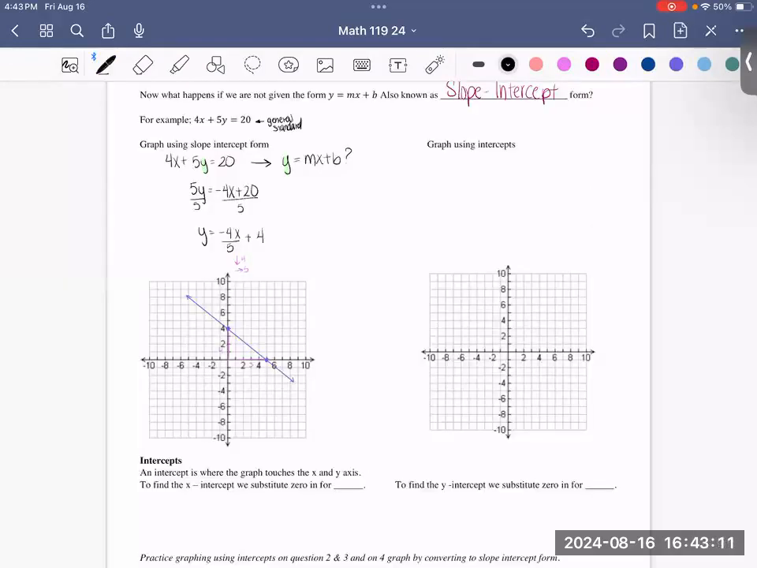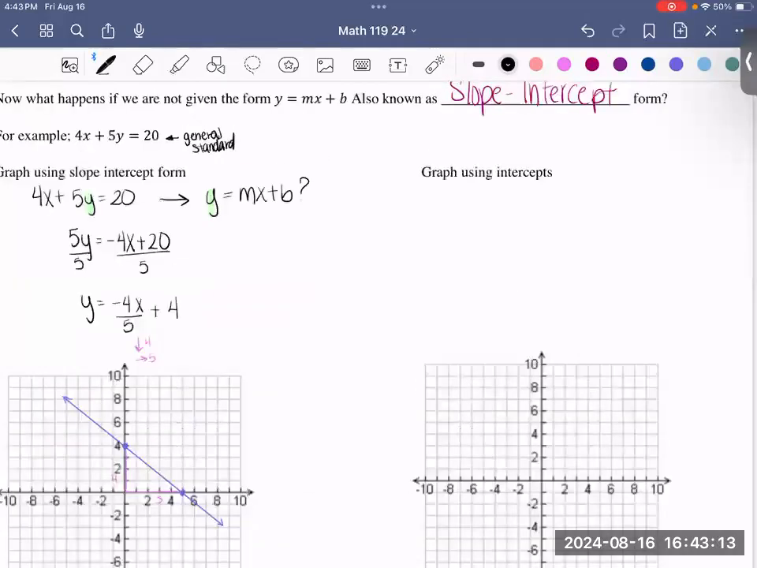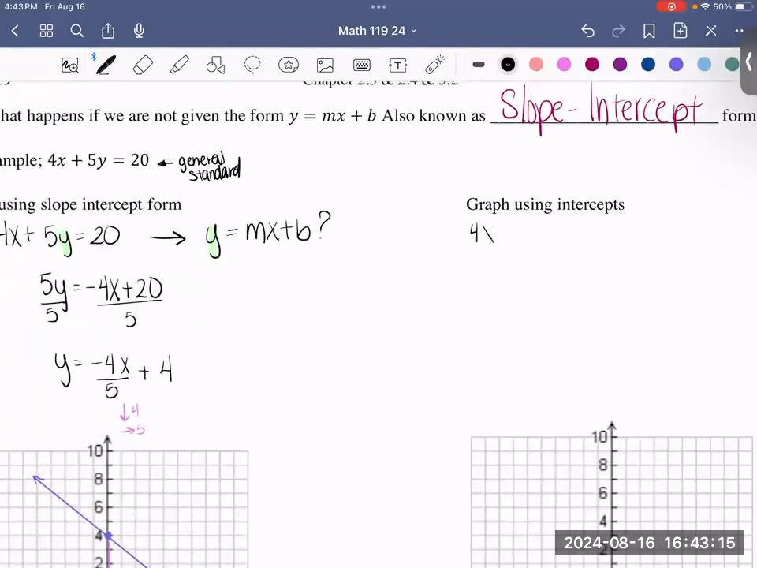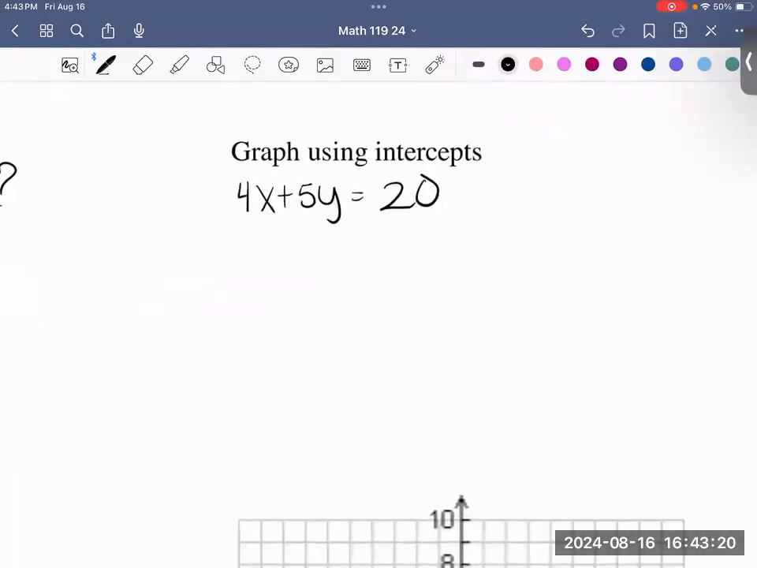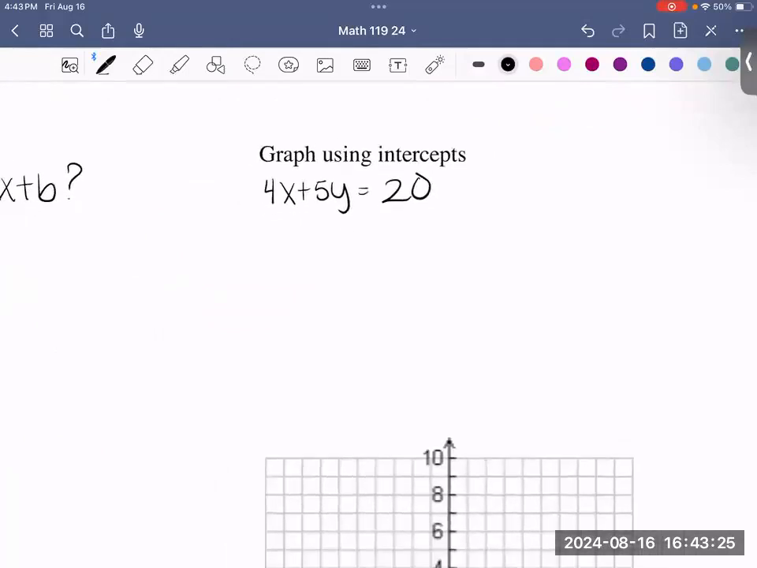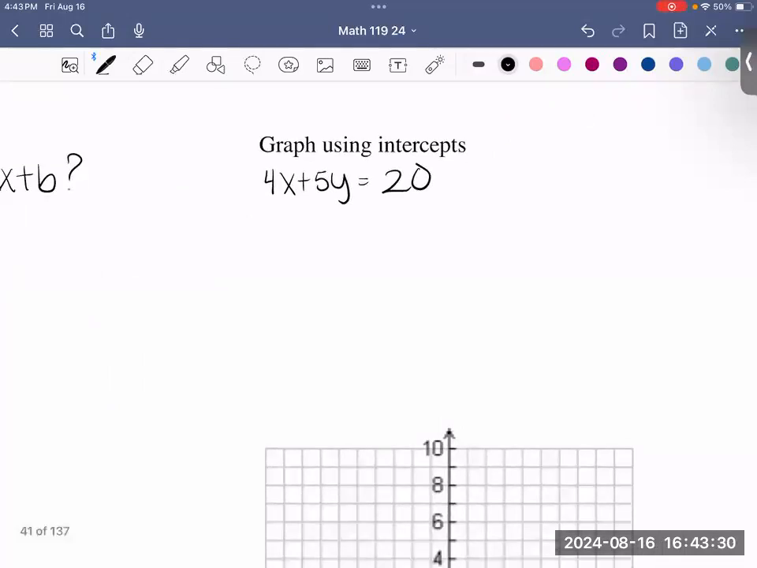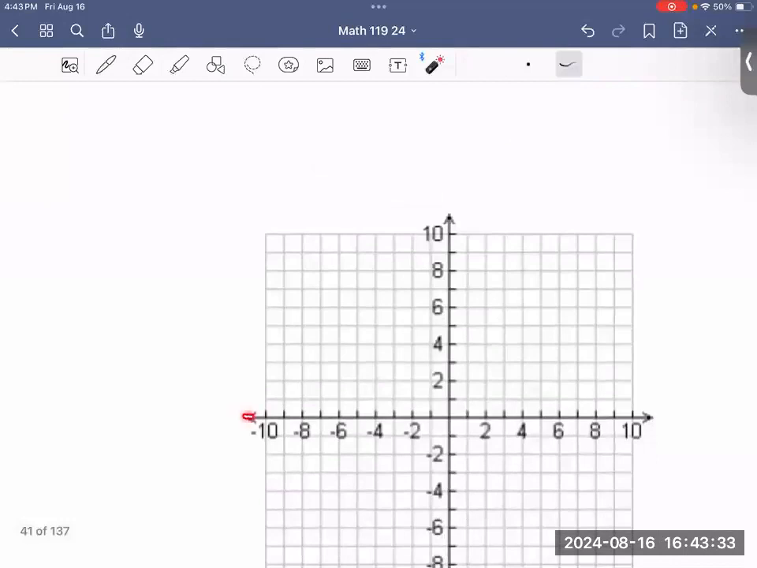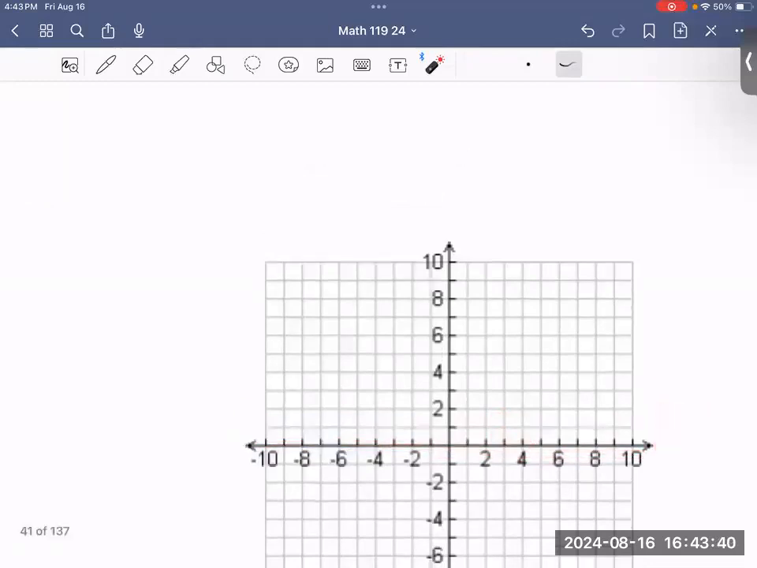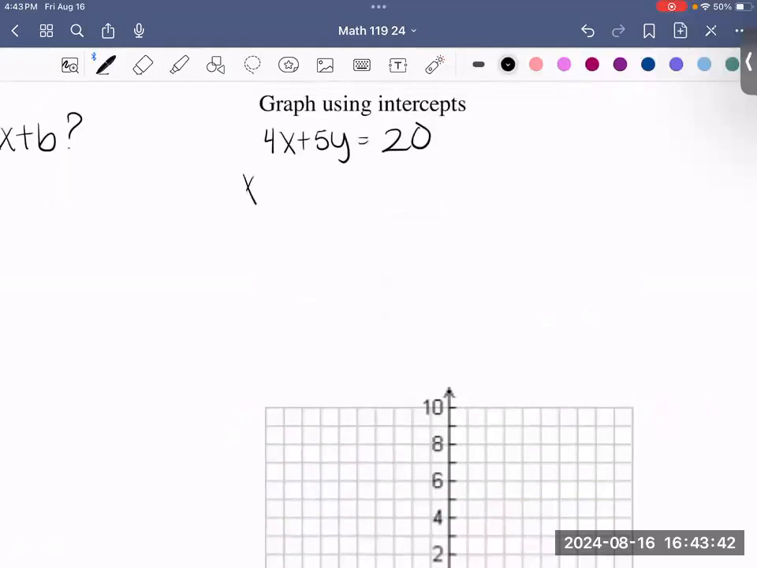All right, so now let's graph using your intercepts. So keeping it in this form, 4x plus 5y is equal to 20. So what is an intercept? Well, an intercept is anytime your graph touches the axis. So if we're looking for your x-axis here, if we're trying to touch your x-axis, this is where your y is equal to 0. So for your x-intercept,